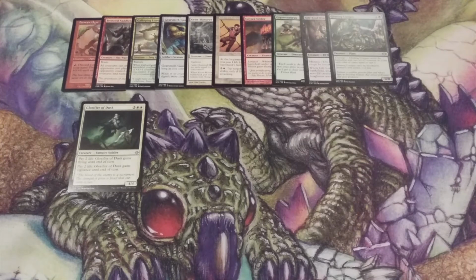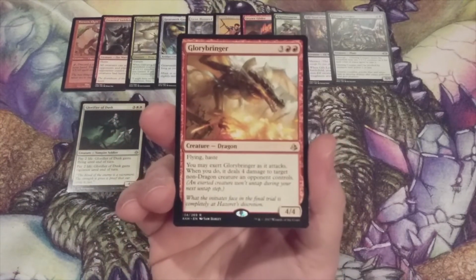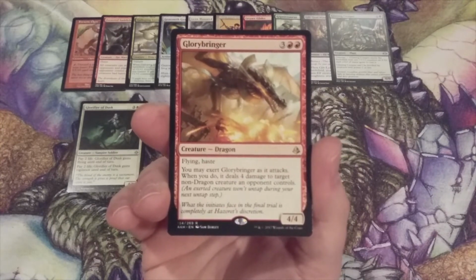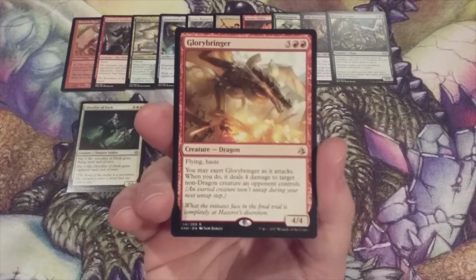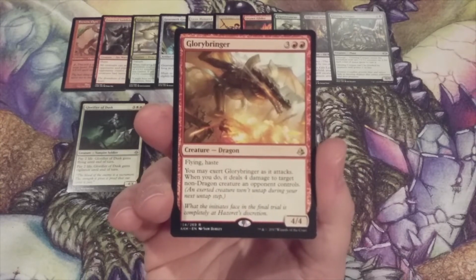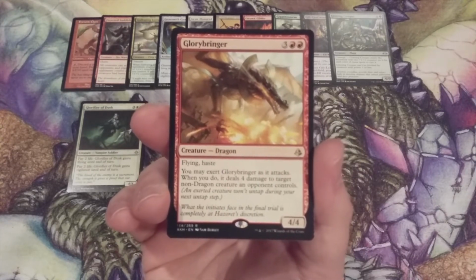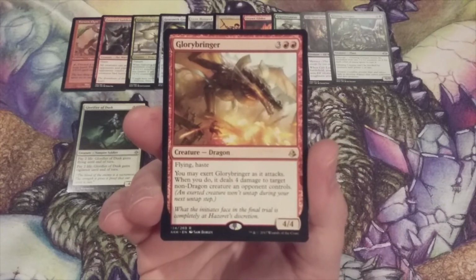Creature number 12 and another mono red edition, we have Glorybringer. It's a 4/4 dragon with flying and haste. Whenever it attacks, we may exert it. When we exert a creature, it doesn't untap during our next untap step. If we so choose to exert Glorybringer when it attacks, it will deal 4 damage to target non-dragon creature an